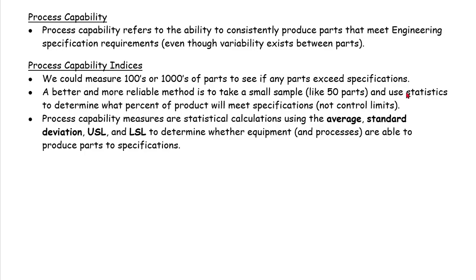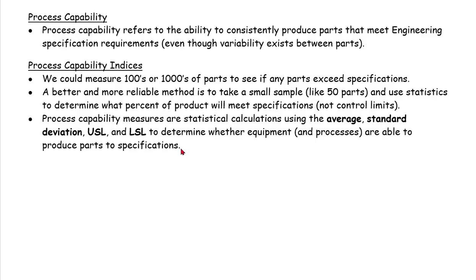Up to this point, we have talked about process control, controlling the process. Now we're going to venture into process capability. How capable is our equipment in producing to specifications? So, process capability refers to the ability to consistently produce parts that meet engineering specification requirements, even though variability exists